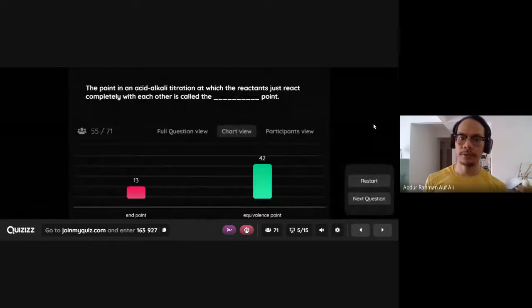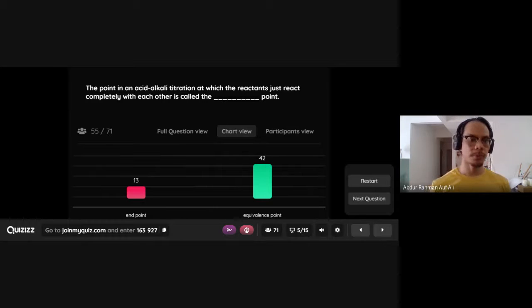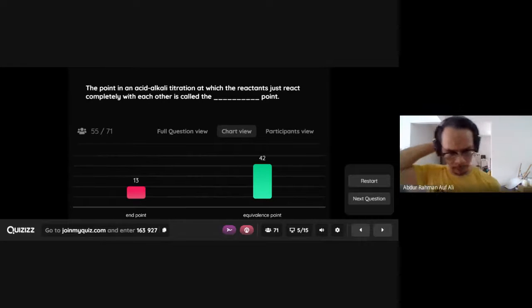Okay, so the answer is equivalence point. Okay, so kamu kena tengok betul-betul, jawapan dia bukan endpoint, because endpoint and equivalence point, walaupun it happens at the same time, it occurs at the same time, but they both mean